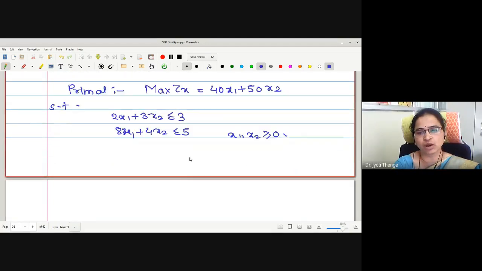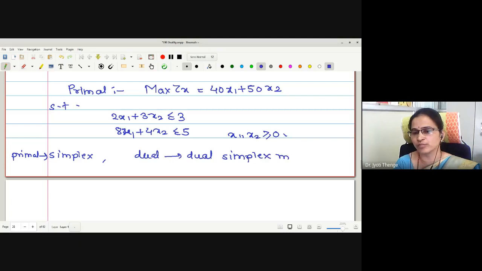As both the constraints are of less equal type, first solve this primal by simplex. Correct? Solve this primal by simplex, find the dual. Once you find the dual, the constraints will be of greater equal type. Then solve the dual by dual simplex. And we will compare the last tables of both the problems in order to understand the relation between the solutions of primal and dual problems. Complete the homework for today. In the next lecture, we will discuss the relation between their solutions.